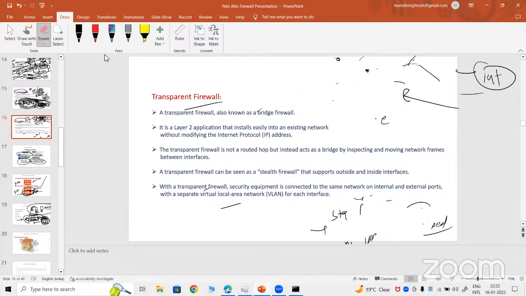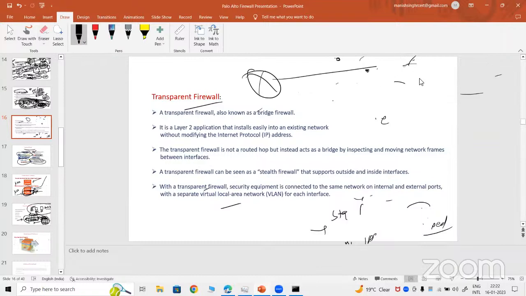No, no need. See, if you are putting in a router, this IP address is already there, right? There is already a subnetwork, like 110.0.0, and we want to put a firewall into that. So it will work as a switch, but in this